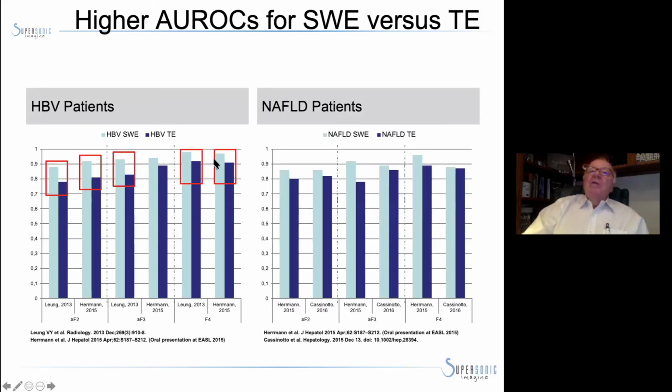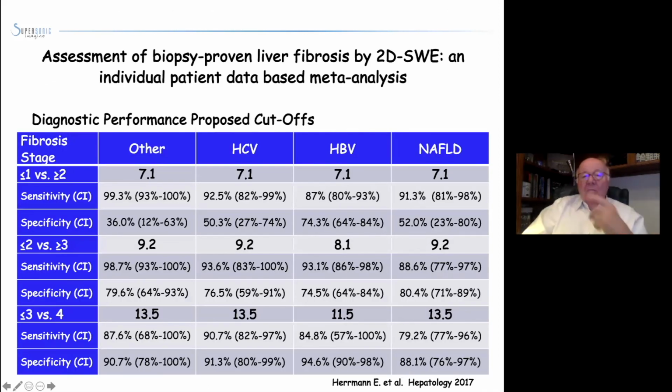And similarly for NAFLD patients, again, light blue is shear wave and dark blue is transient elastography, also having better performance. Now, Herman has published in Hepatology in 2017 results on a meta-analysis which is done, providing information regarding cutoffs for different pathologies, looking at going from Metavir score 1